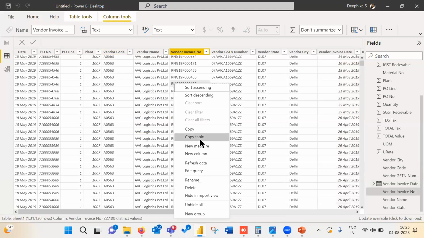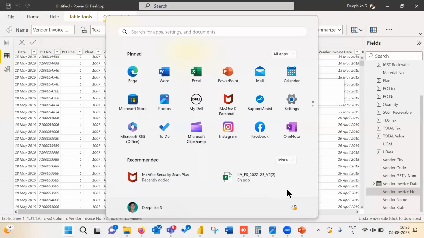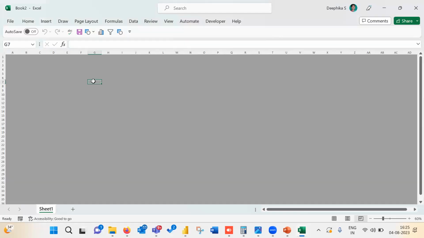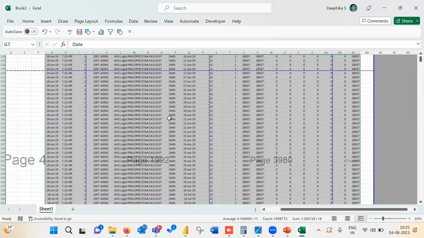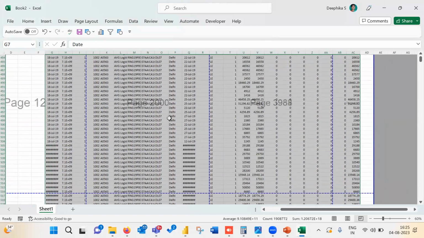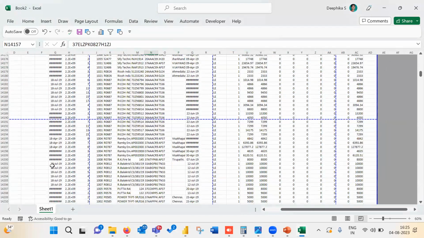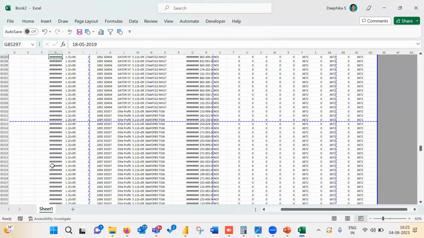What you can do is right click and give copy table. It will copy the entire table. You can move to Excel and do any working you want to do. This can be for plain data also. Even after you do all the analysis, if you have some summary data, you can do that as well. Either way, you can use this report view. So this is the data set. The entire 1 lakh data rows will be copied here. Yes, 85,000 rows are there. All that has come here.